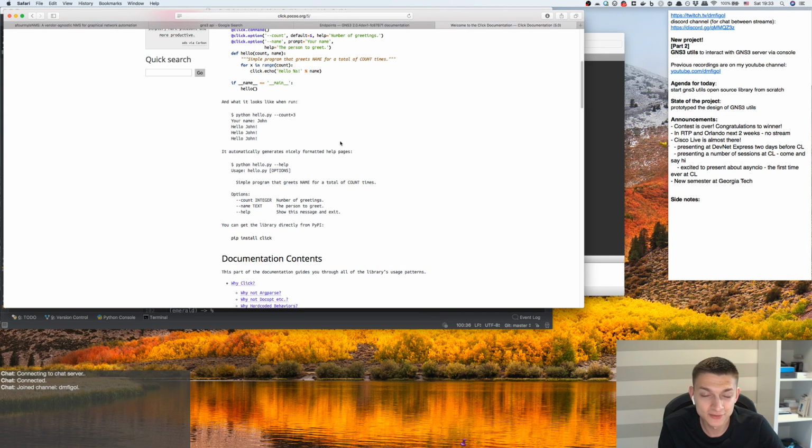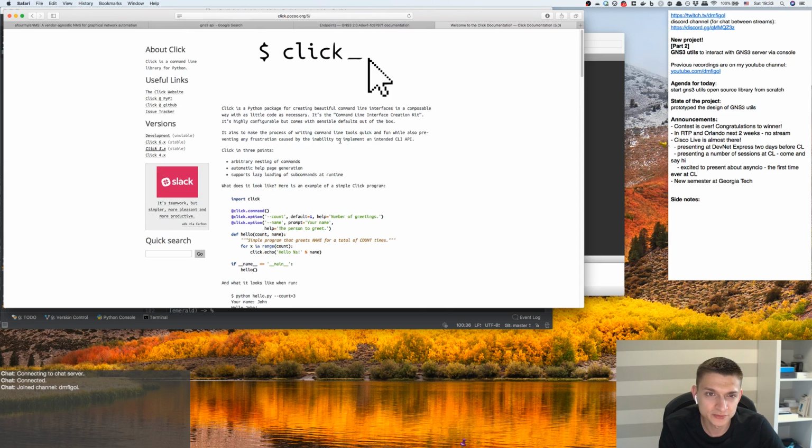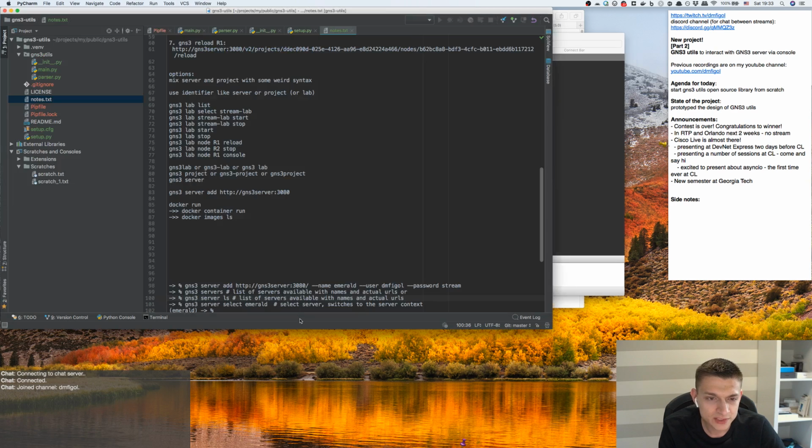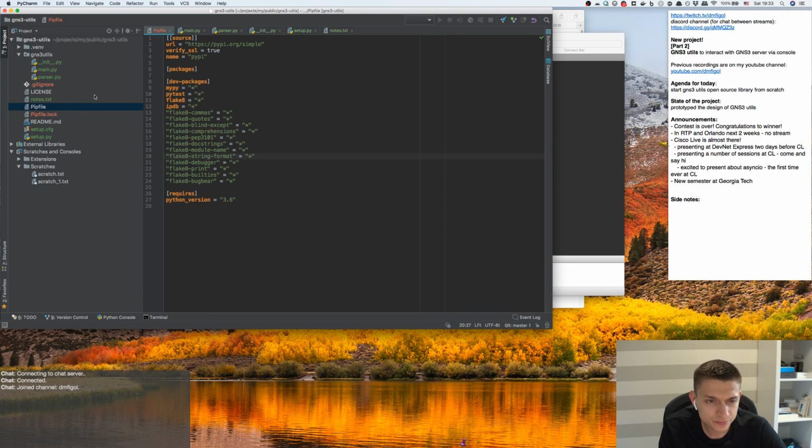So I guess we will not use it, and we will just fall back to argparse, which is the default built-in library, but it doesn't have this nice interface. Okay, let's start. So I already had some boilerplate here. We had Pipfile.lock. Oh, and by the way, during the week I spent a bunch of time